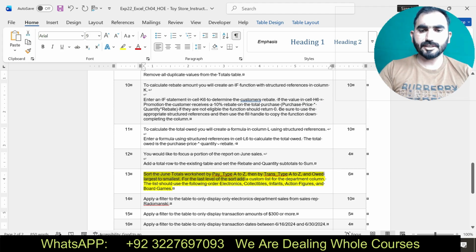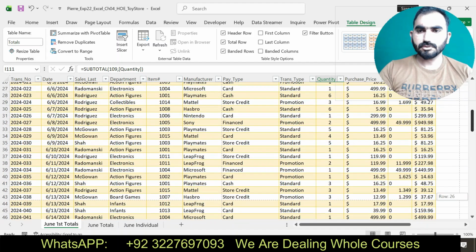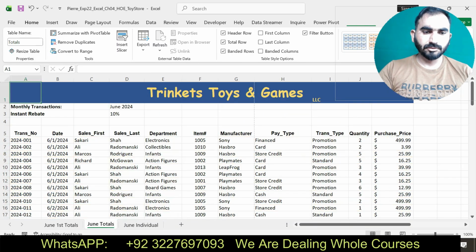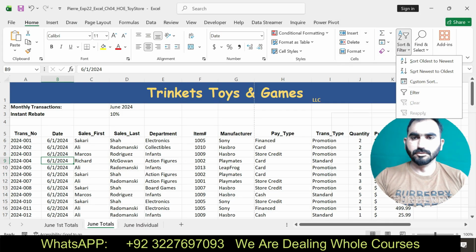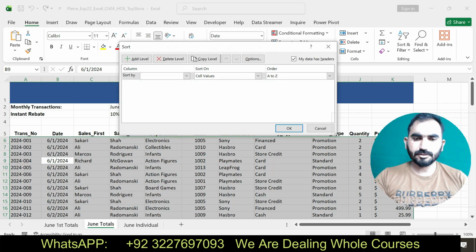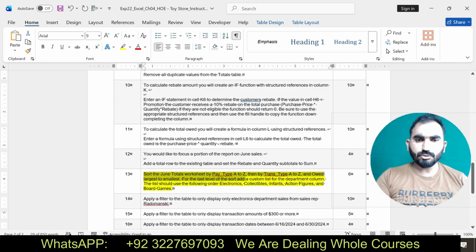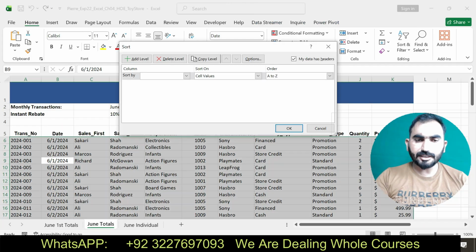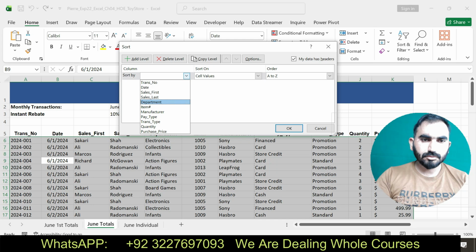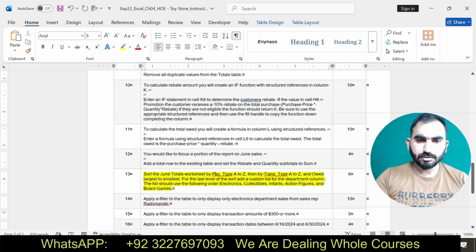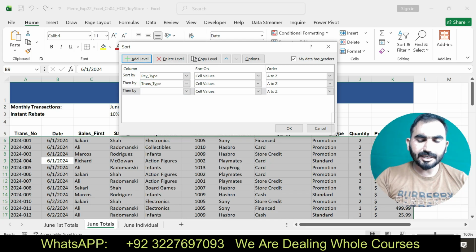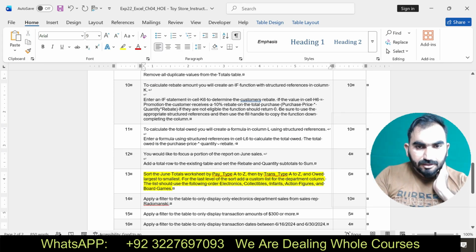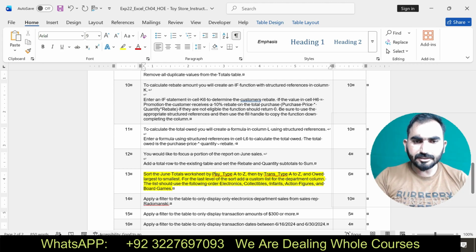Sort the June total worksheet. The June total worksheet is here. In the Home tab, choose Custom Sort. Sort pay type A to Z, then trans type A to Z, and add another level on largest to smallest.